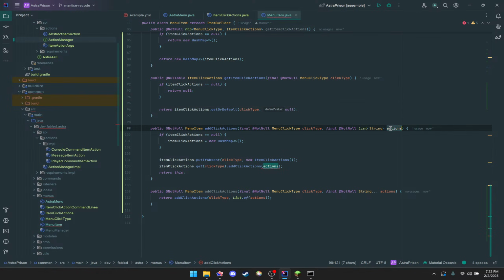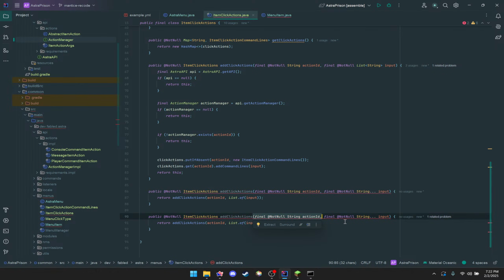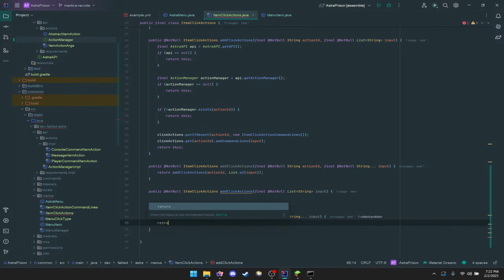Right. So now we have actions. So okay. Okay, right. So add click actions, and then we have a list of raw click actions. So full strings. So we now need to say we're gonna want to say this and then remove the ID. So now we also want to do the same thing except for a list of strings. And say return